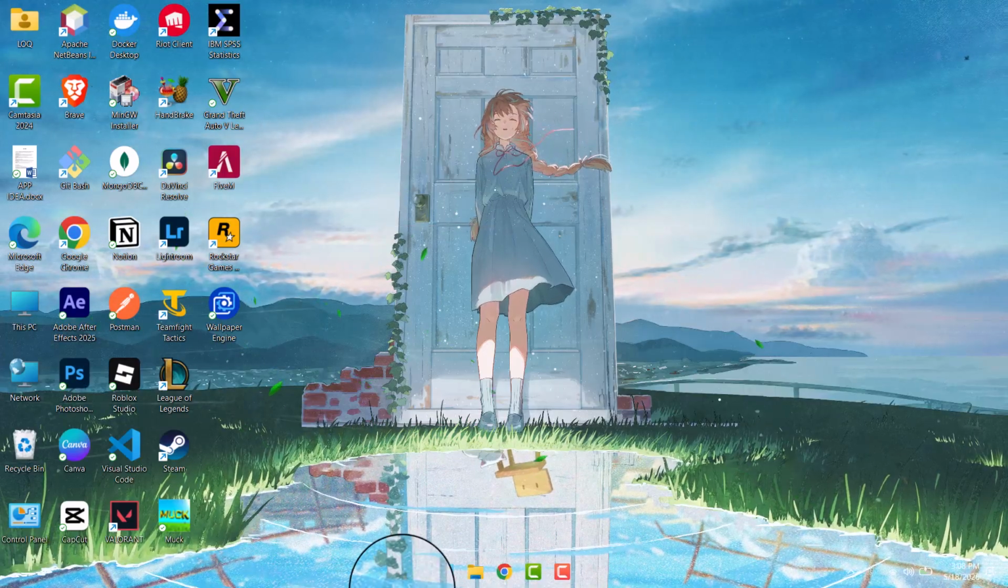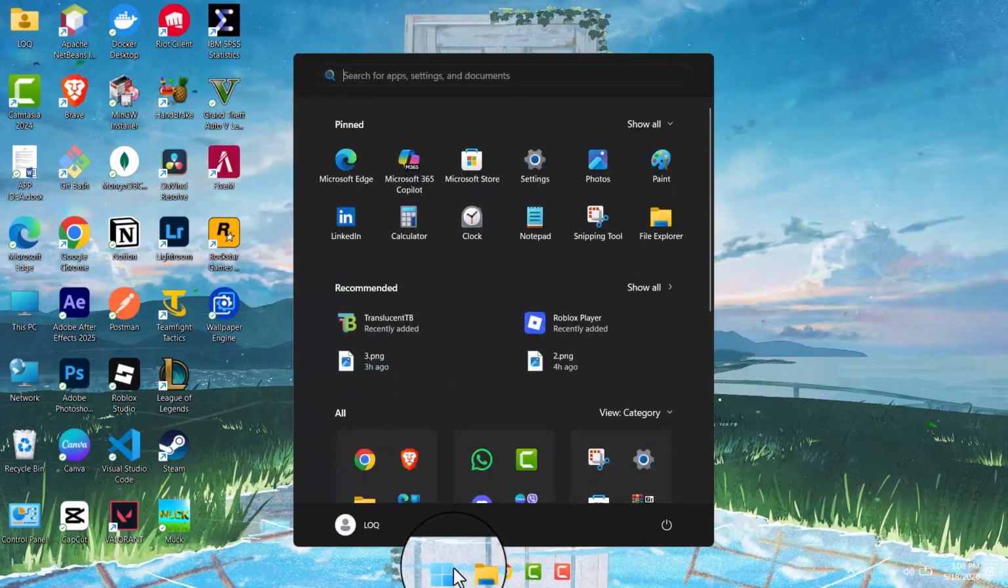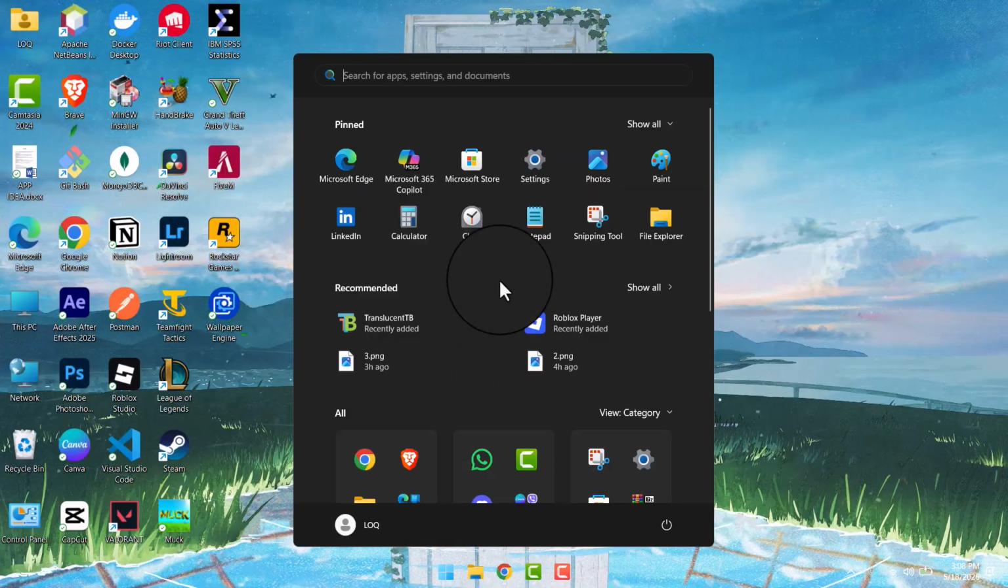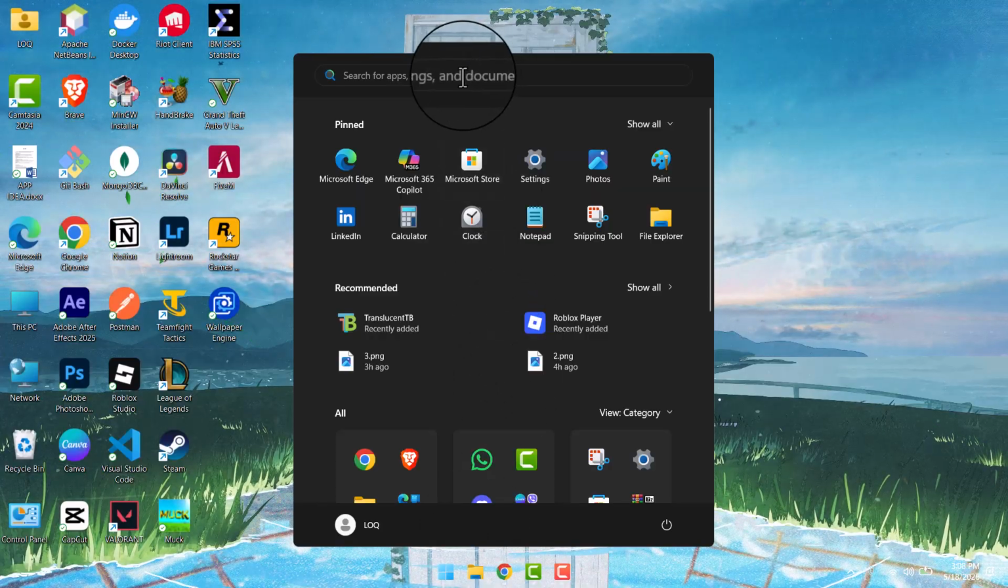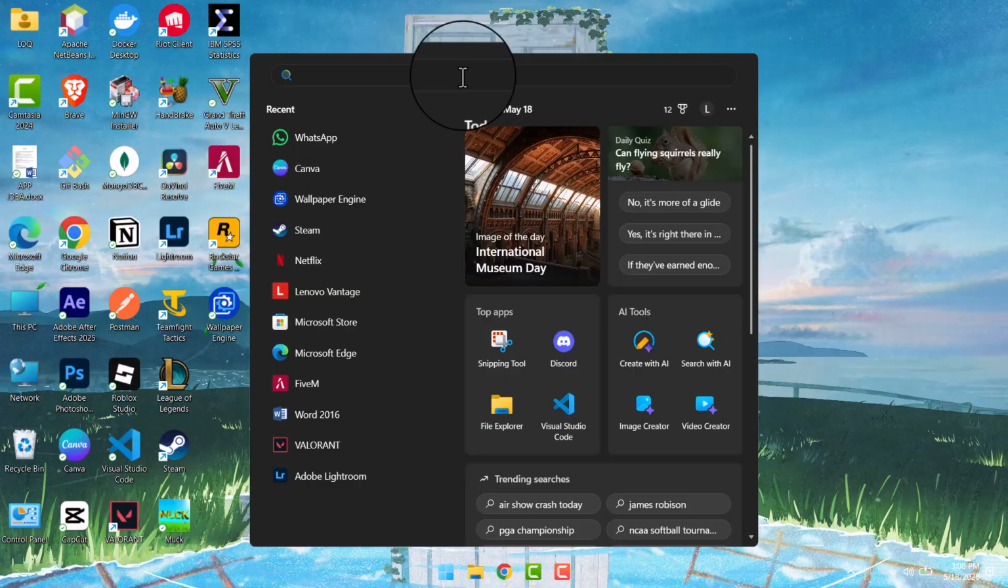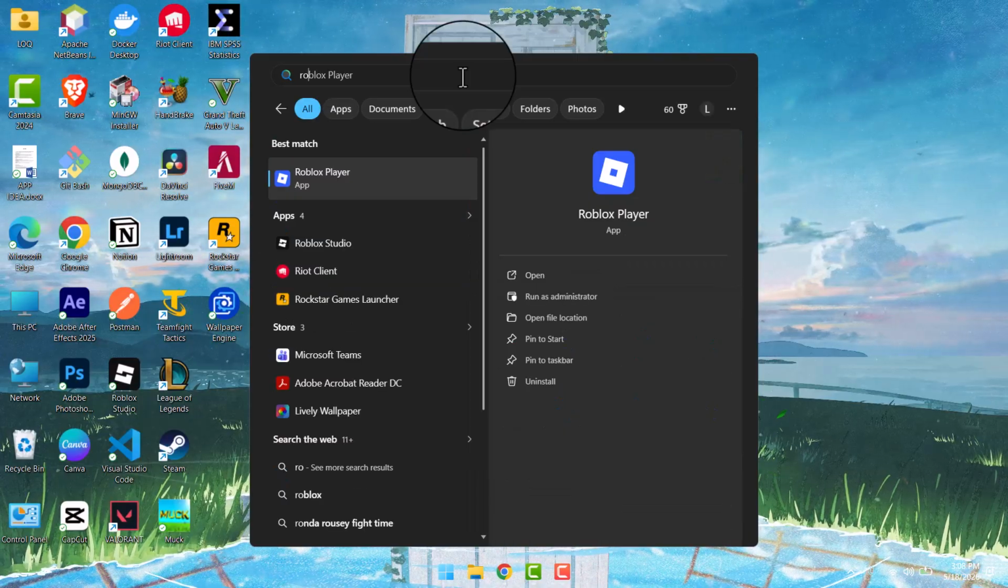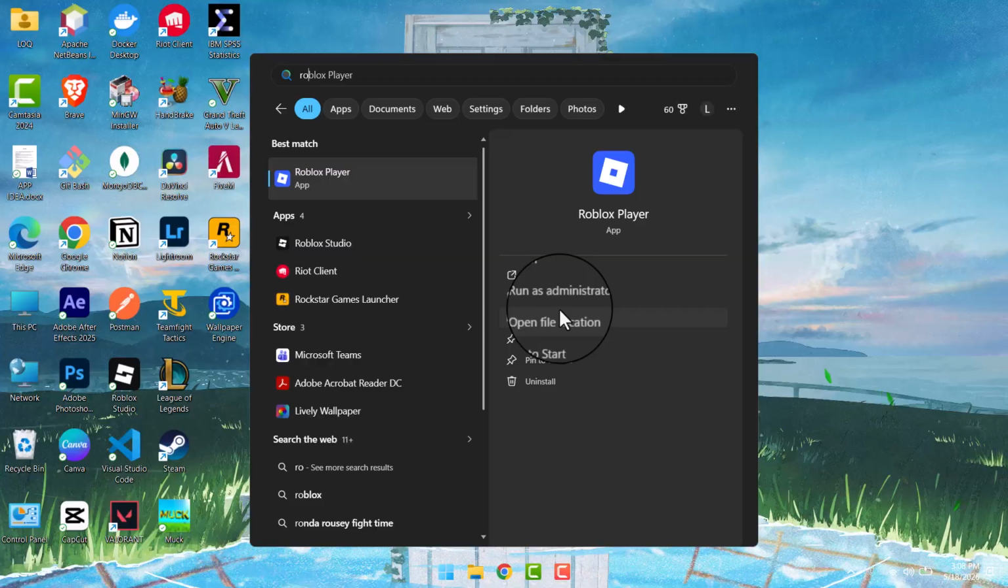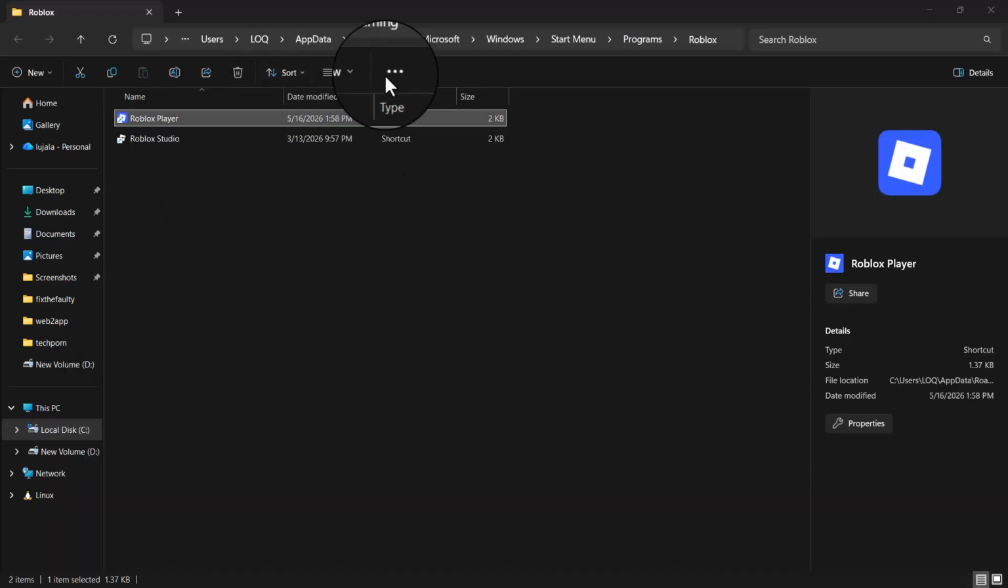Now in your taskbar, click on the Windows icon and search for any app you want in the home screen. Now after searching, click on Open File Location. After opening the file location, right click on the shortcut